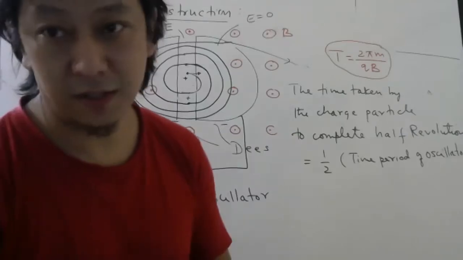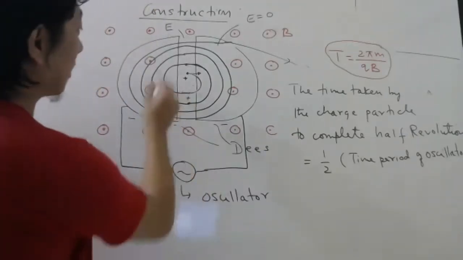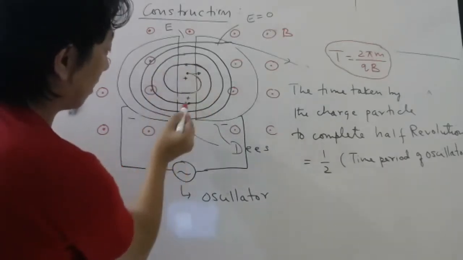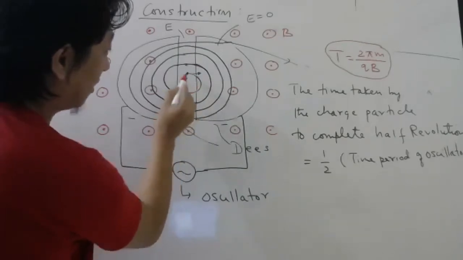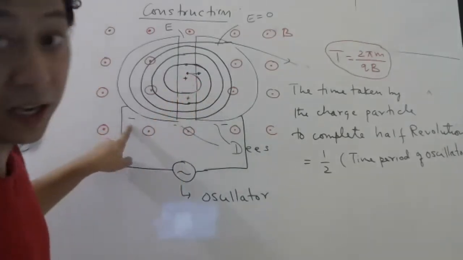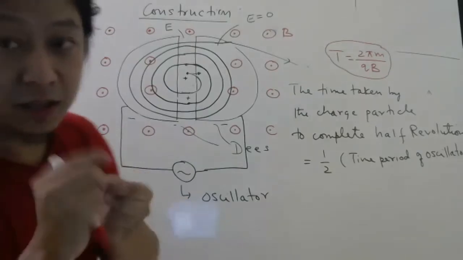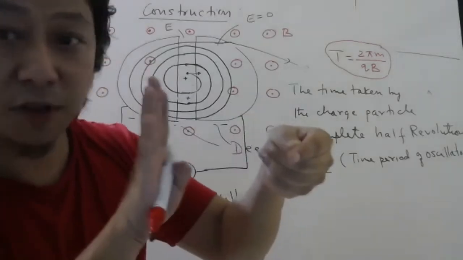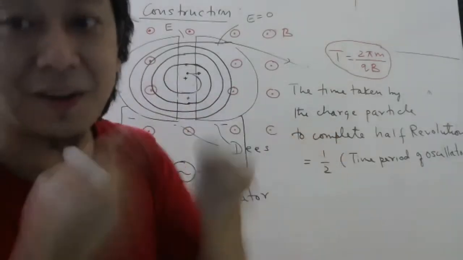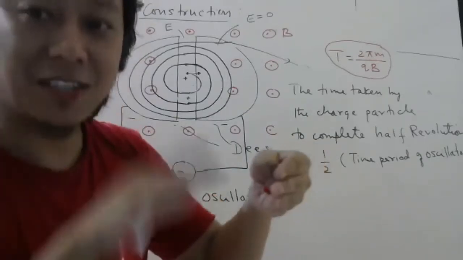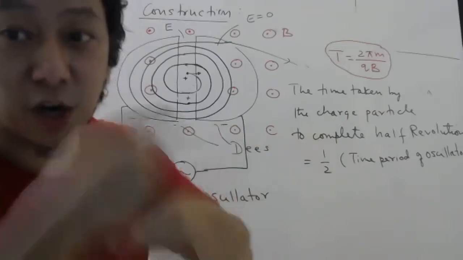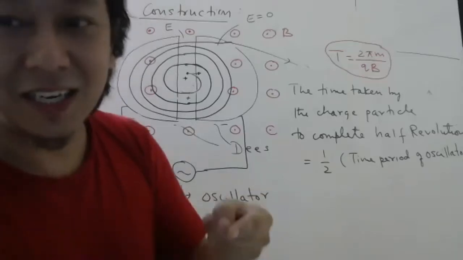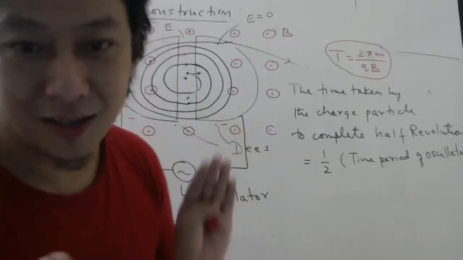If it does not match, then it will not be in phase. When the positive charge comes here, Sanjay, you want it to be negative at that time. If it is not negative, then the phase difference will be there. So it will not accelerate, because if the charge is positive and I keep positive here, then it will repel. Then after some time maybe it will get attracted. So your speed will not continuously increase. It will increase, then decrease, then increase, then again decrease. That we don't want. Understood, Sanjay? Okay.